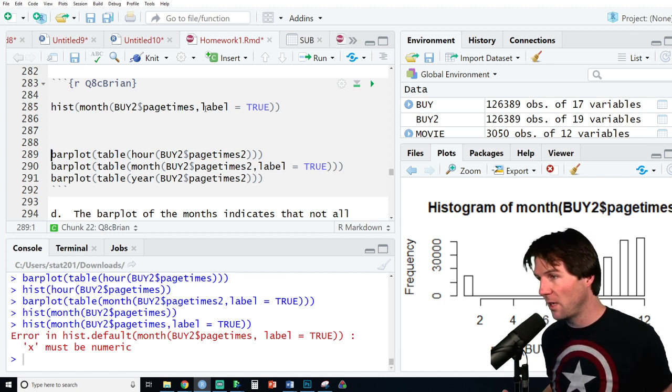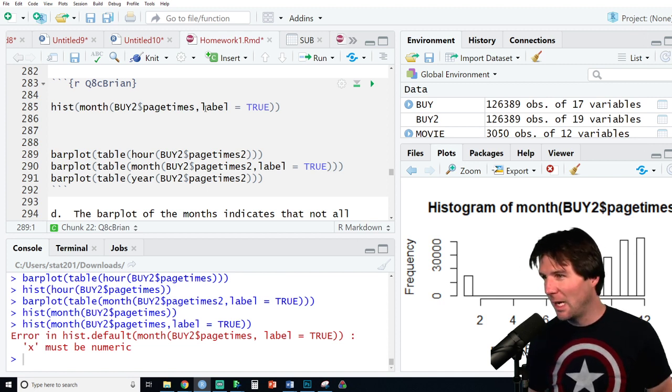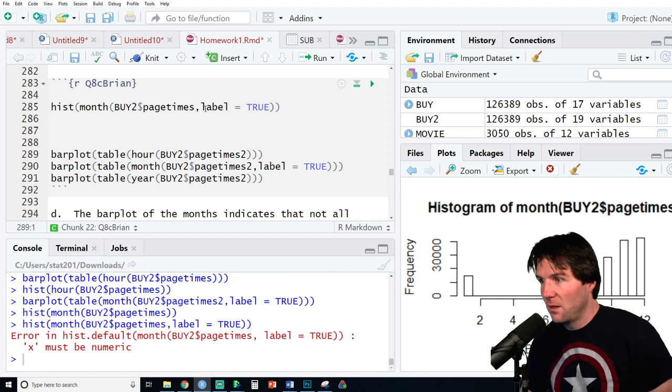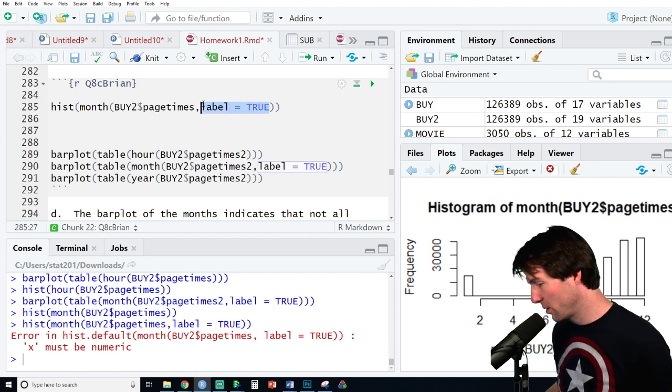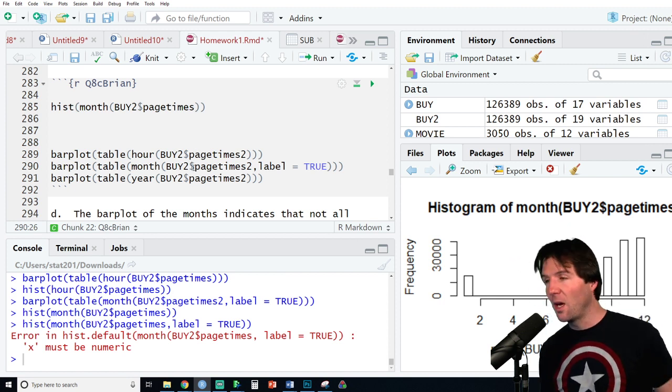Histograms require quantitative data. And if we treat months like month 1, month 2, month 3, month 4, which you can kind of do because it's like how far are they apart? Like month 1 is 2 months away from month 3. So you can use it as quantitative data. But you can't add the label because that turns it into a word. And that is what we're seeing right here. If you look at the histogram behind me,